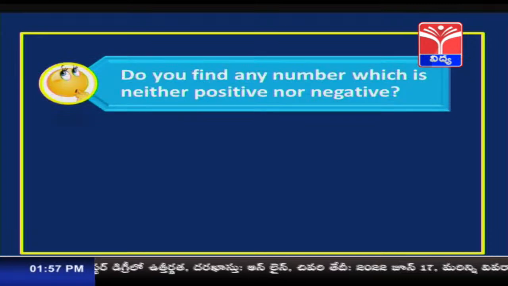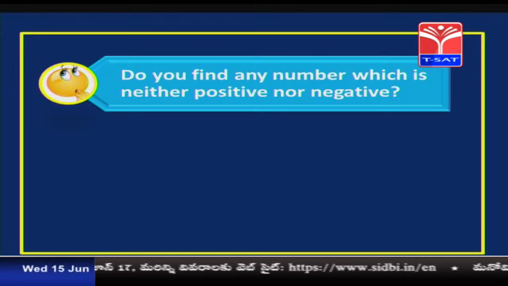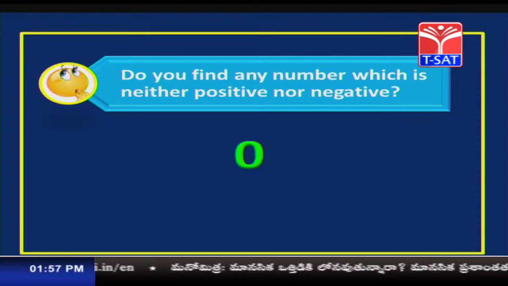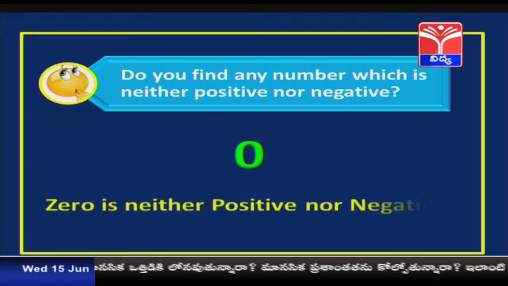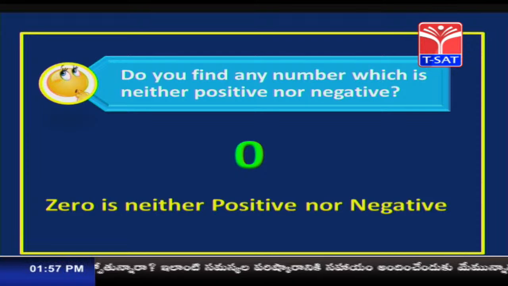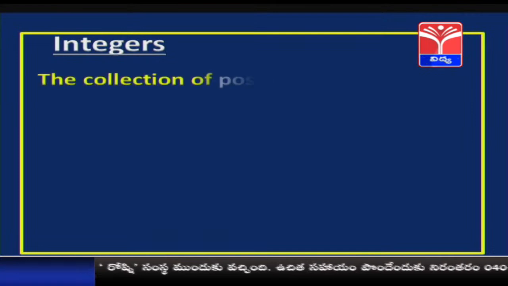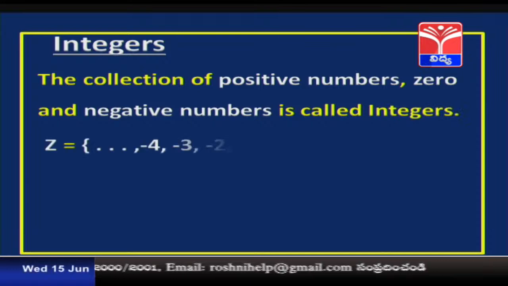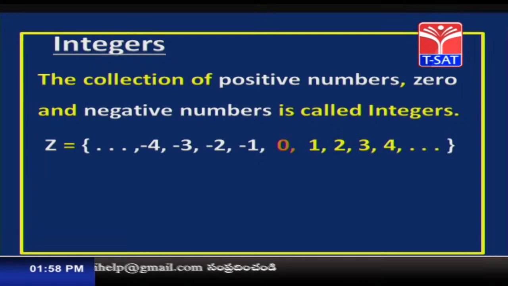Now children, do you find any number which is neither positive nor negative? Yes, that is right, it is 0. So, 0 is neither positive nor negative. So, children, let us see what these numbers are called. Integers: the collection of positive numbers, 0 and negative numbers is called integers, and we write it as Z